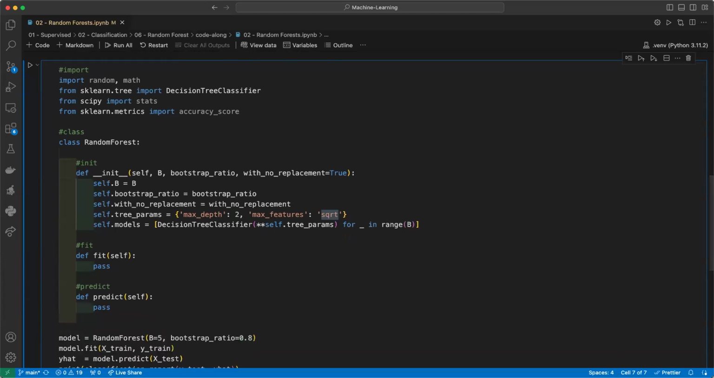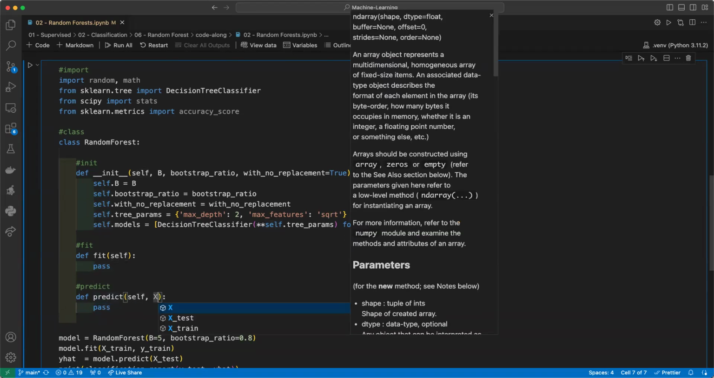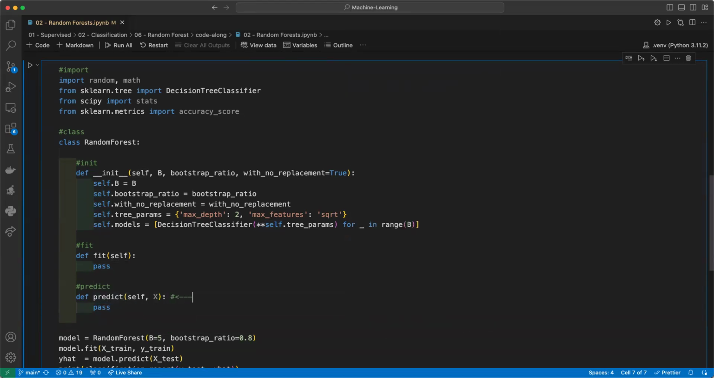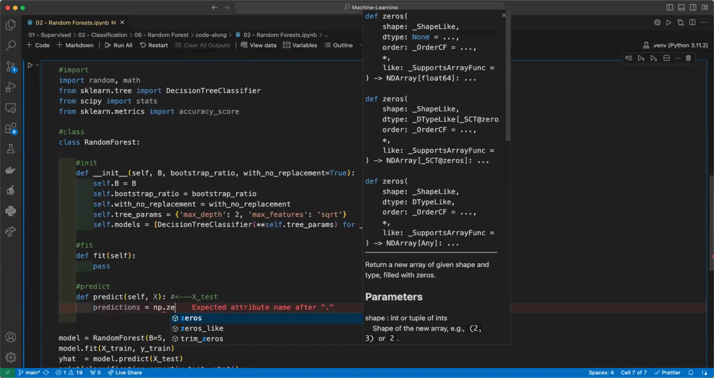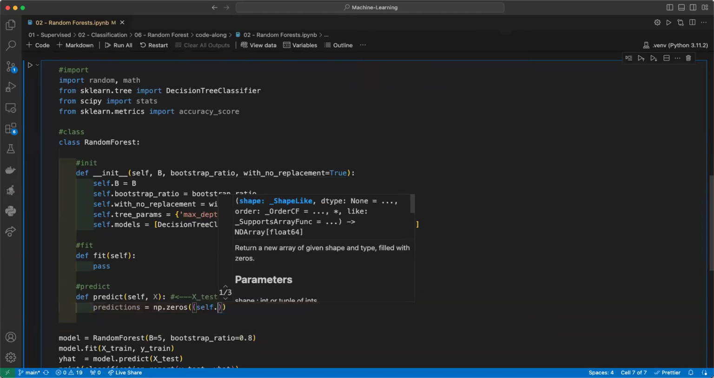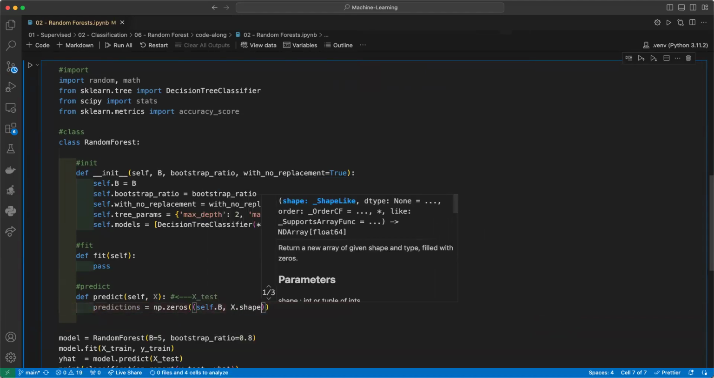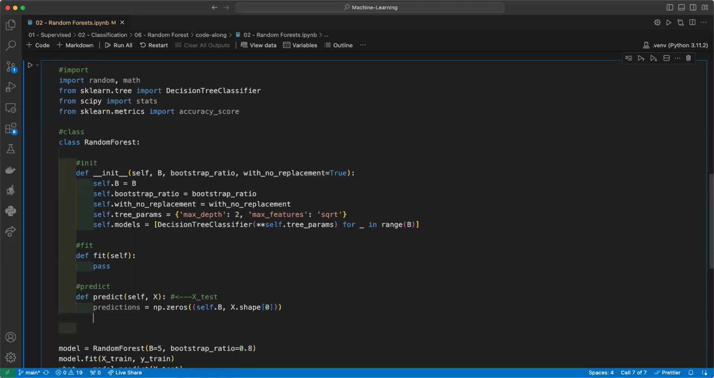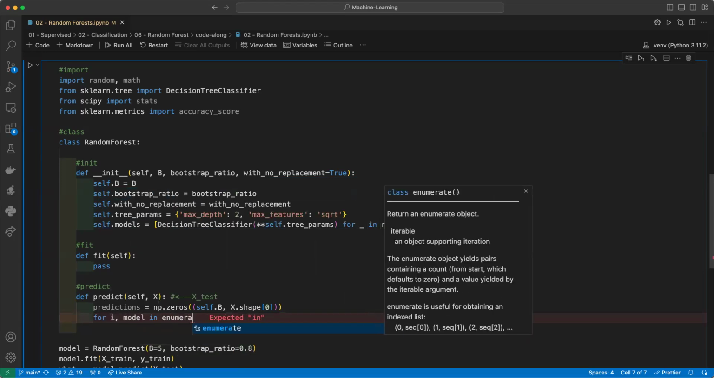Okay, let's see what we should do first. So how about we do the prediction first, right? It's easier. So we know that this is x, and usually this x is basically x_test. And we can do predictions equal to np.zeros. Similarly, we have B predictions; we'll have B of the predictions, and we have that many predictions, right? And then for i, model in enumerate